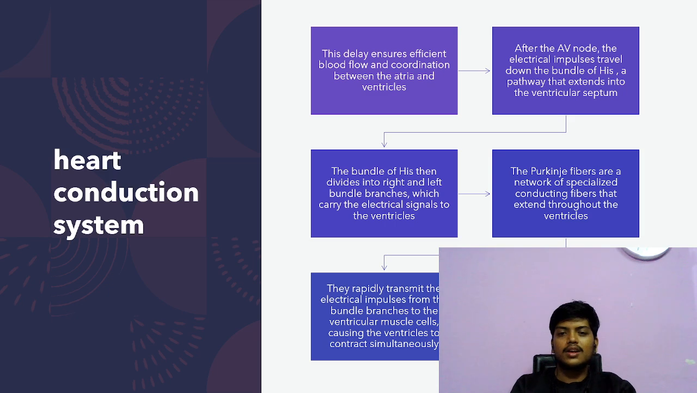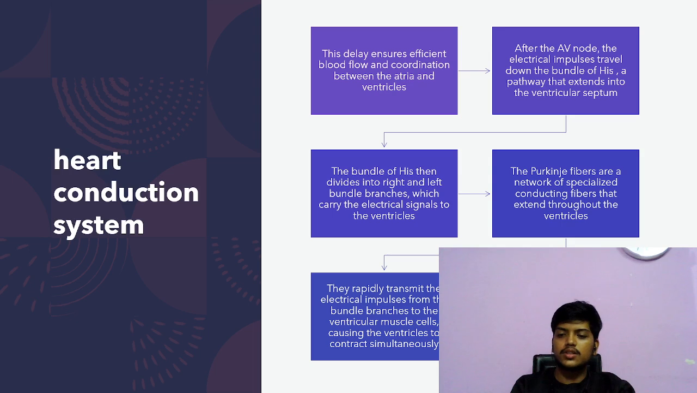The bundle of His then divides into the right and left bundle branches, which carry the electrical signals to the ventricles. The impulse is rapidly transmitted from the bundle branches to the ventricular muscles, causing the ventricles to contract simultaneously. Purkinje fibers are a network of specialized conducting fibers that extend through the ventricles. The electrical conduction system initiates the coordination